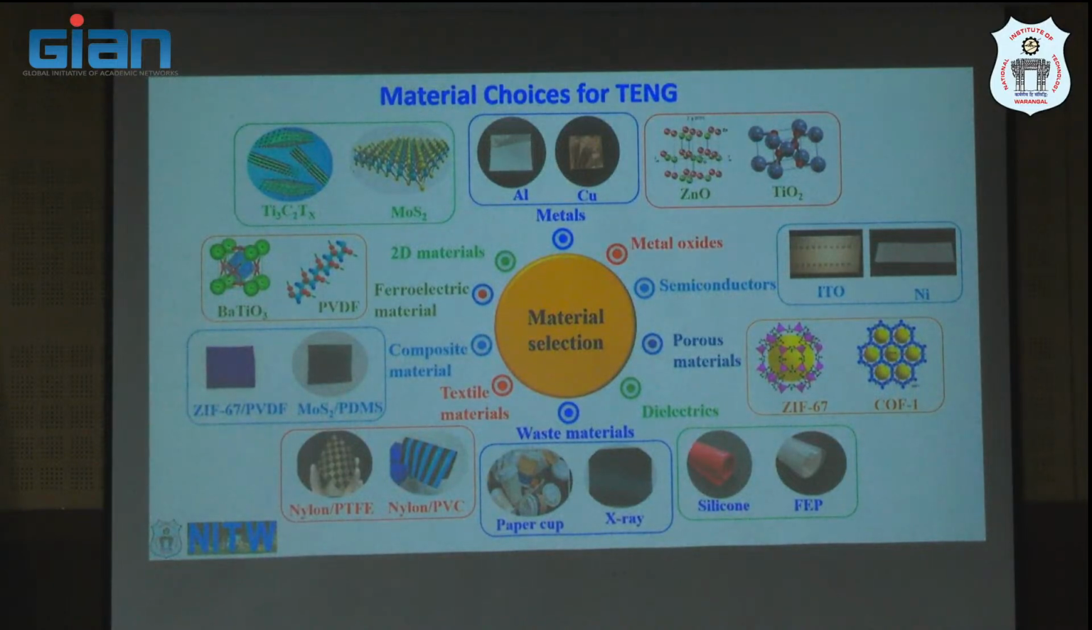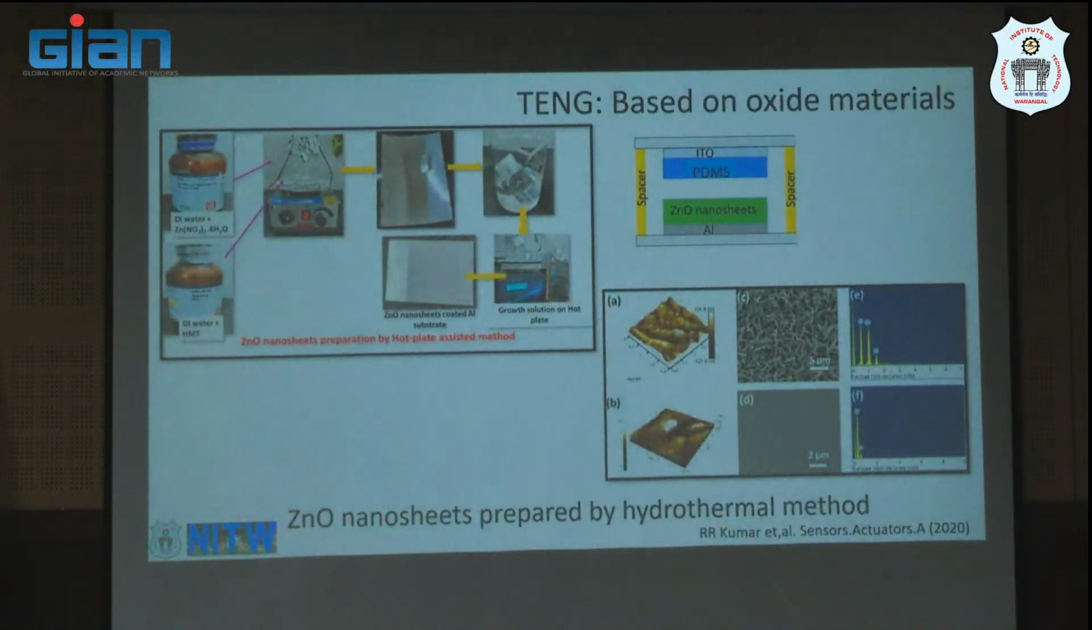I'm going to show you a few of the results which we obtained in our laboratory. We'll start with zinc oxide. In this work, we synthesized zinc oxide nanosheets on aluminum by a simple hydrothermal method, where plain aluminum is coated with zinc oxide nanosheets. You can see the zinc oxide nanosheets on the aluminum substrate. Now we made a device keeping zinc oxide nanosheets as one frictional layer and PDMS as the other frictional layer. So when you tap this device,